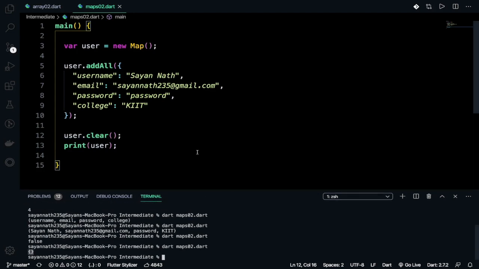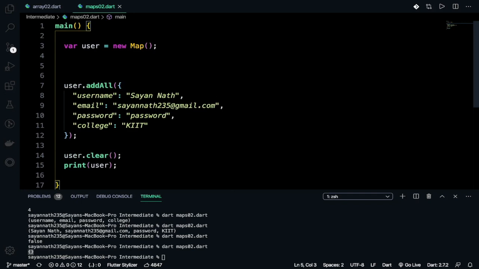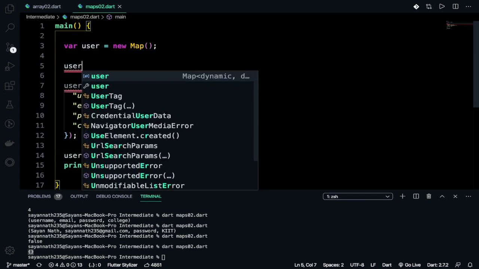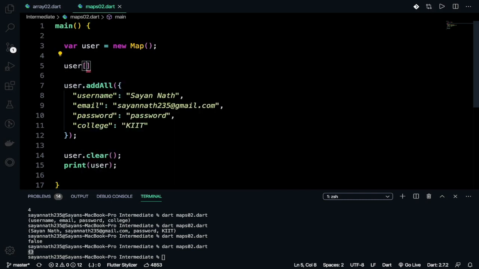And one more thing, you can also put things into the map like this. User, let's say pin code, pin equals 700091, it's my pin code.